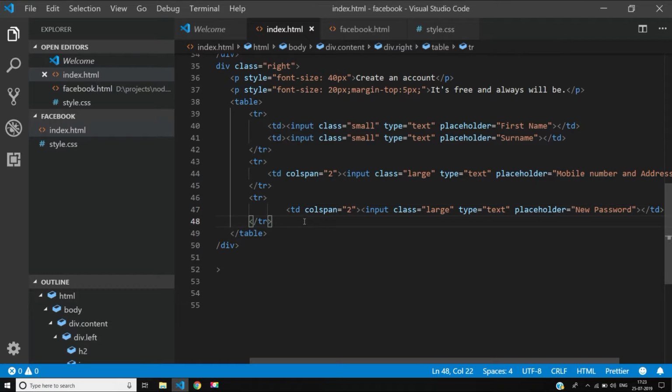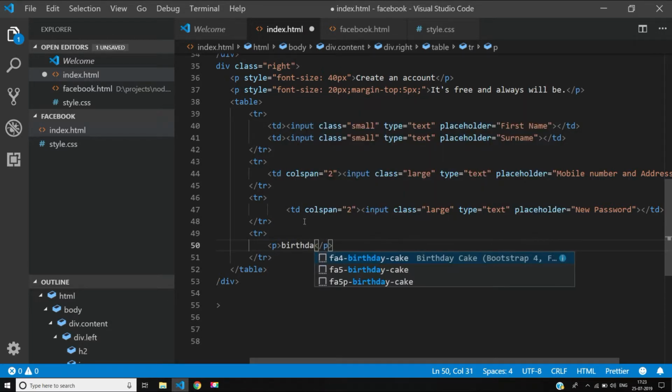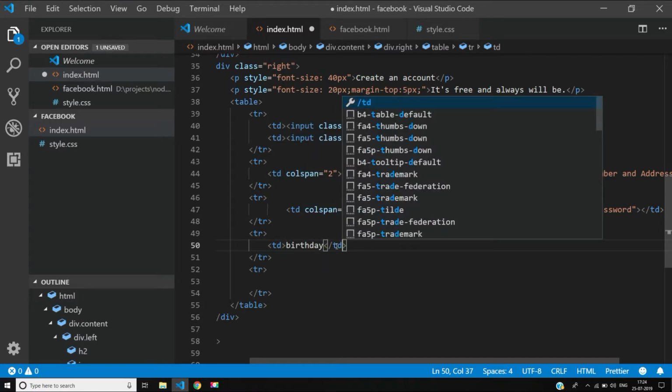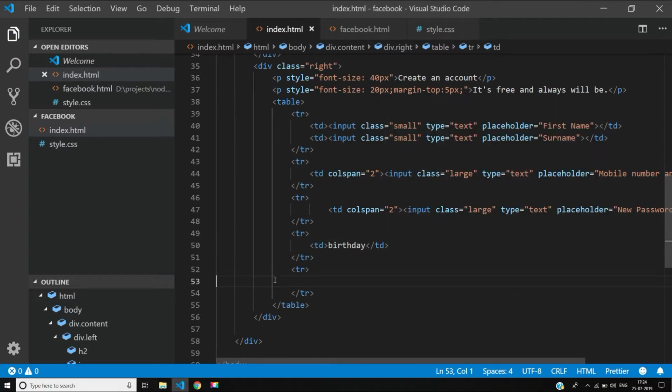So now let's quickly add another row, and I'll add a para, birthday, and then another row, and sorry, I have to write here td for row data, and here